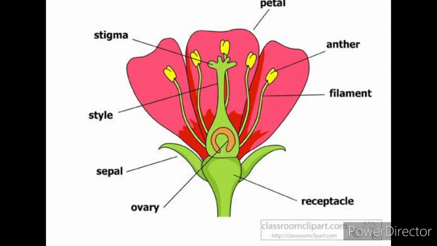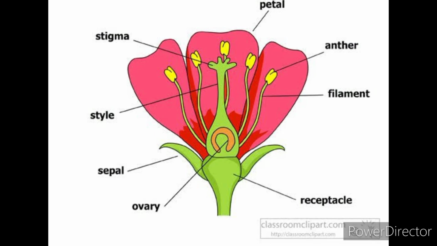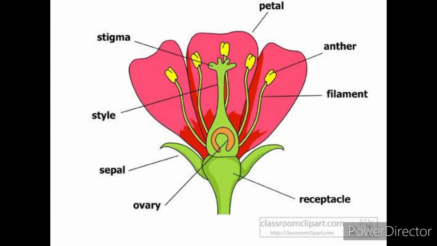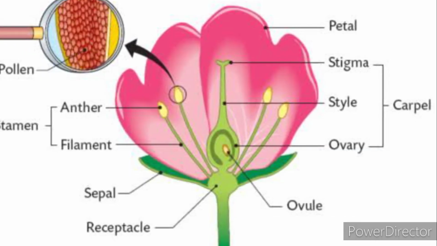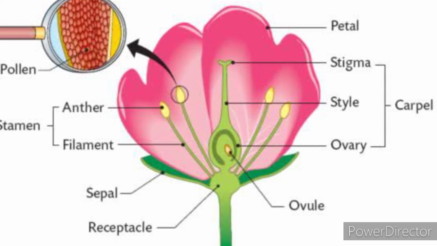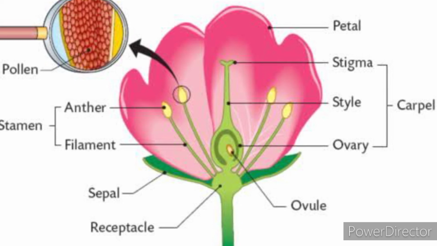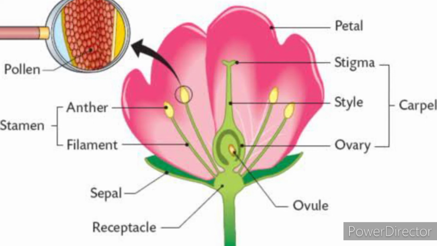Let's discuss about pistil and carpel. These are the fourth ring. A pistil or a carpel is the female part of a flower. It consists of three parts: the stigma, on the top, the style in the middle, and the ovary at the base. The stigma receives the pollen grains which germinate on it.